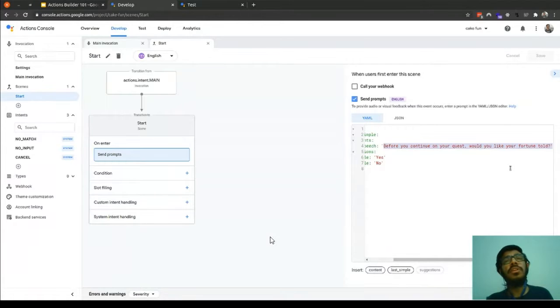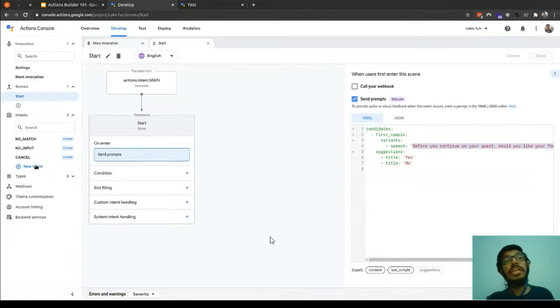If the user doesn't give any input, then the no input intent will automatically get triggered, and based on your logic, it will generate some response. And the cancel intent, which I explained earlier as well, is exit or cancel. The user doesn't want to continue the conversation, so the user says cancel or exit, it will get triggered and the action will leave the conversation.